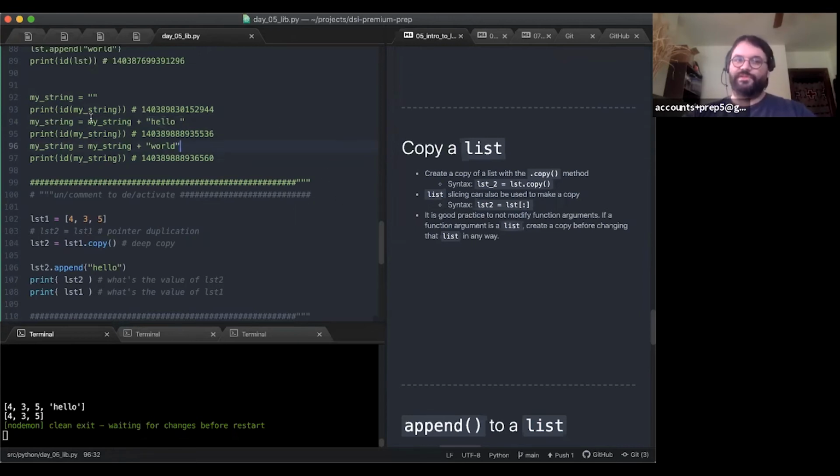So you could think about strings being self-copying if you wanted to, or you could think about immutable types being self-copying. The only way you're going to lose access to the original data is if you override the identifier that is holding that data. You've got to go a little out of your way to do that, and there's times when you want to, but it's very much in your control.